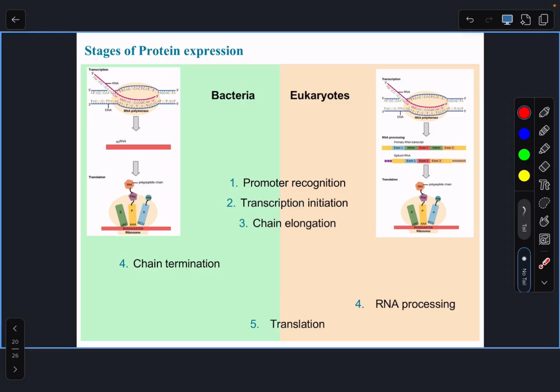What is shown on the right side of this image is also true. In eukaryotes, you have promoter recognition, transcription initiation, and chain elongation. There is an extra step of RNA processing that involves capping, polyadenylation and splicing, all of which we're going to discuss on Thursday, so that we collectively call RNA processing, and then you get your mature mRNA that can be translated. Okay? So both are true. It's just that one is in prokaryotes, the other in eukaryotes.